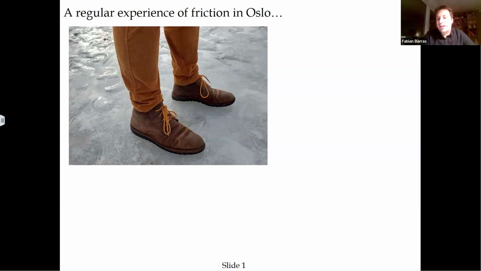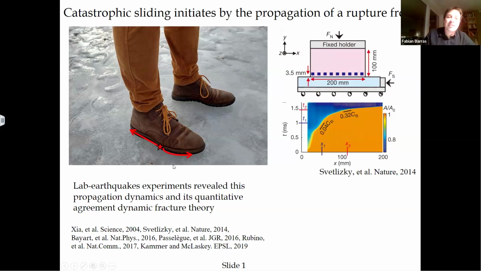But actually, even if it feels like the friction drops suddenly when we are sliding on top of ice, I'm sure that if we imaged what's going on at the interface between the sole of my shoes and the ice, it would most probably be the propagation of a dynamic rupture front that breaks or drops the strength between the sole of my shoes and the ice. It will start at some weak spot and probably invade the rest of the shoe and lead to the macroscopic sliding. So that's an assumption that I made, but this has actually been observed and imaged during decades